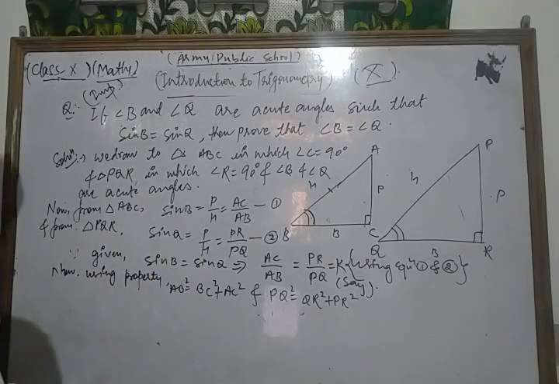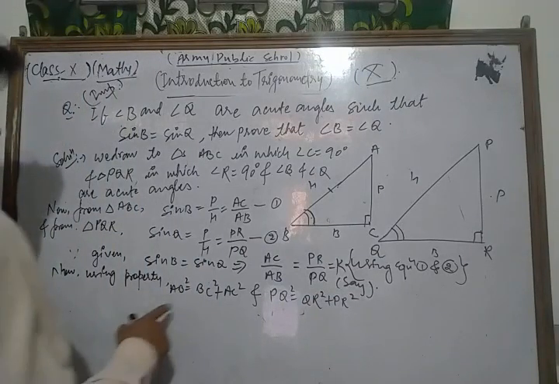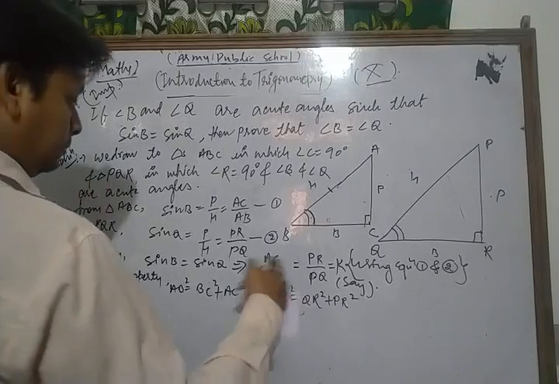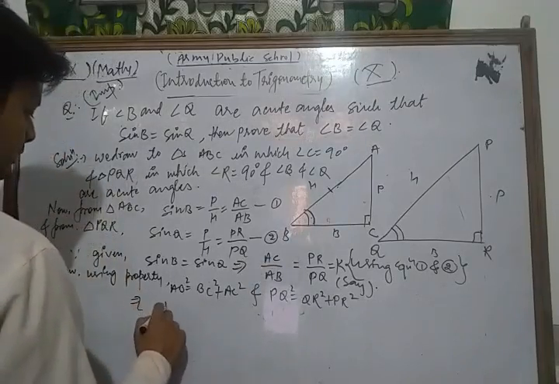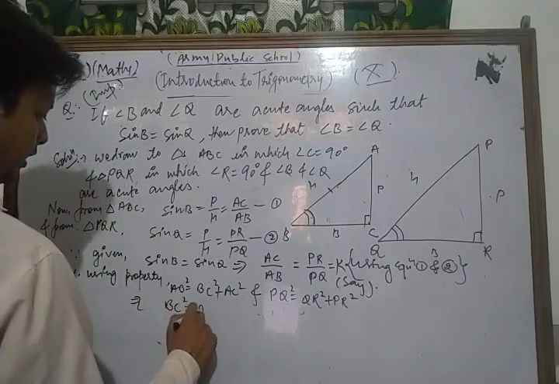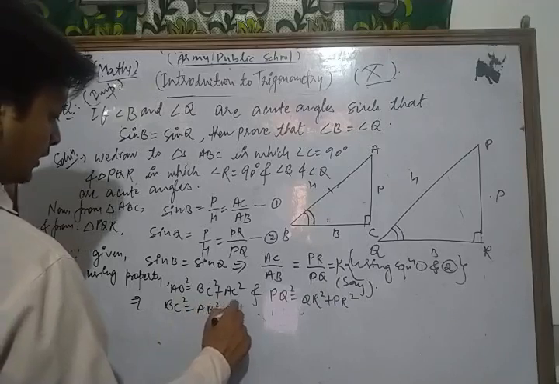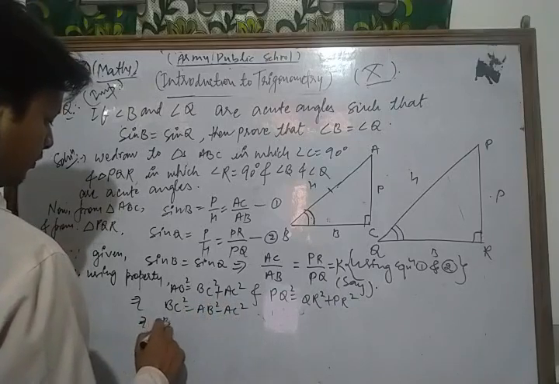Okay, now from there, BC square is equal to what? This is AB square minus AC square,